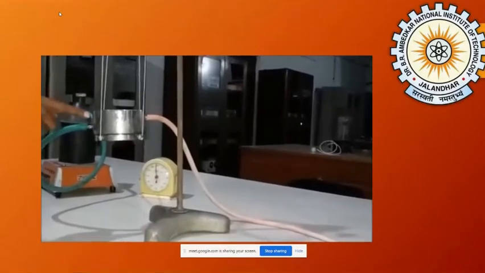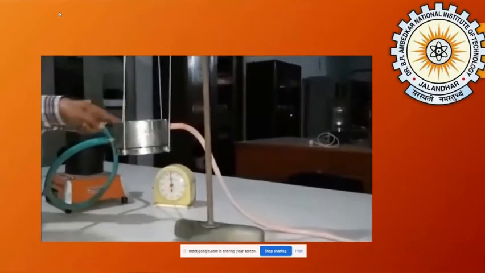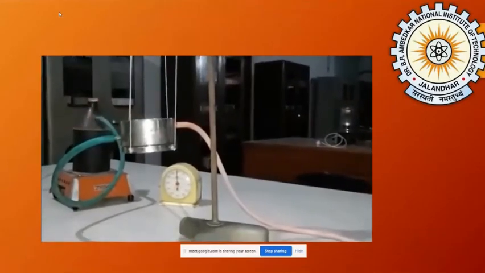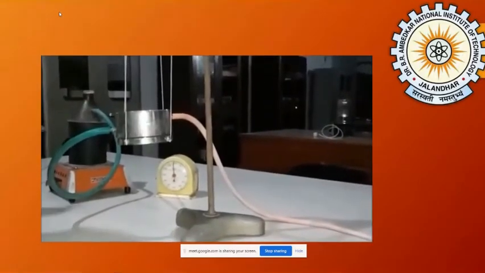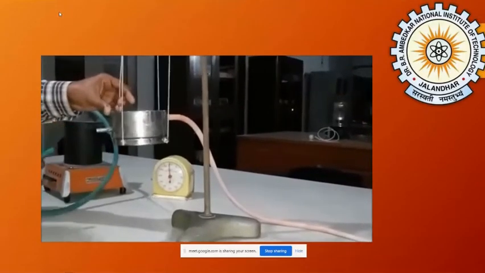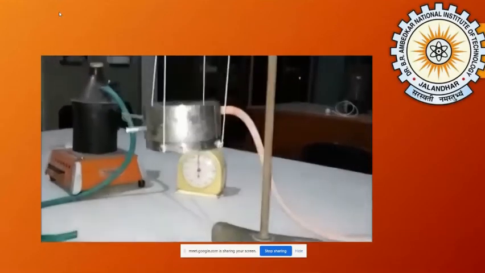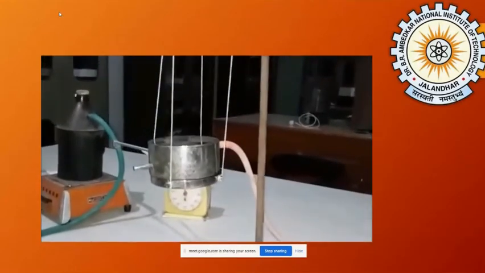Steam passes through the hollow cylinder and is transferred from the cylinder to the leach disc through the poor conducting sheet. We'll observe that there's a rise in temperature through the thermometer and it will be noted down. When the rise of temperature stops, the steady state is reached. The passage of steam will be stopped by disconnecting the pipe. Note both the temperatures of the cylinder and leach disc through the thermometer.